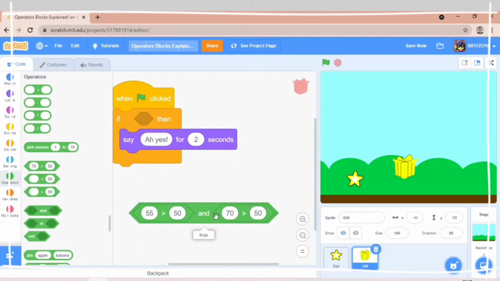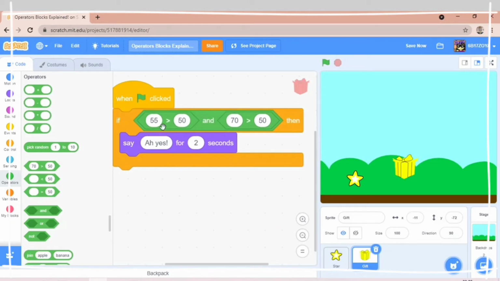Like here both are working and this is true, but if I change it to 49, one is true but one is false, so it won't work, it will give false. Now I'll put it back to 55. Okay, so now I'll put it over here, and if 55 is greater than 50 and 70 is greater than 50, which is both are the answer, so it will say yes or do the further code.